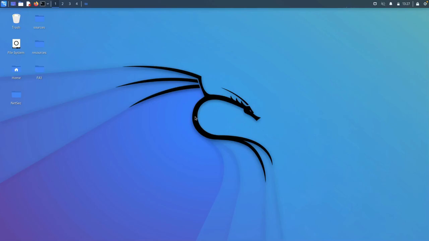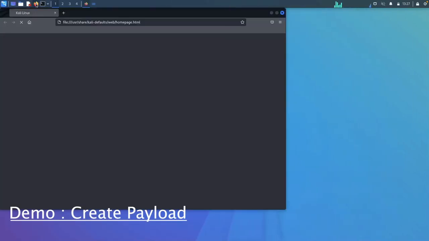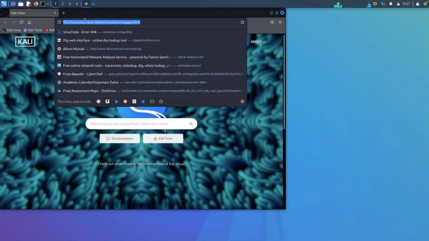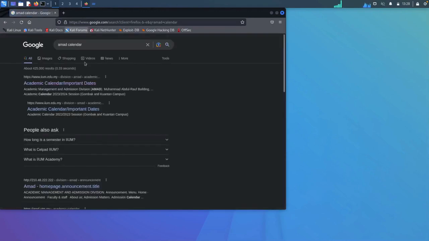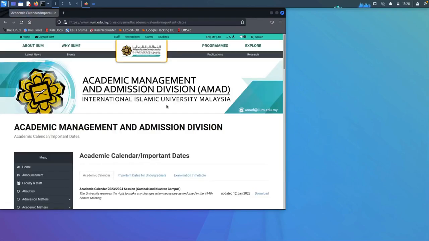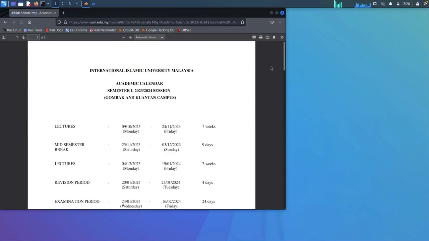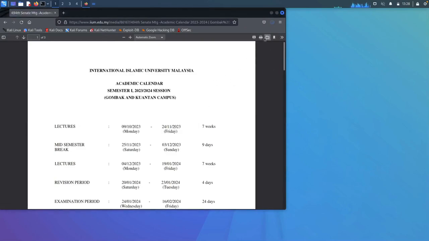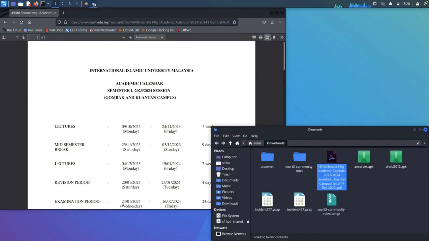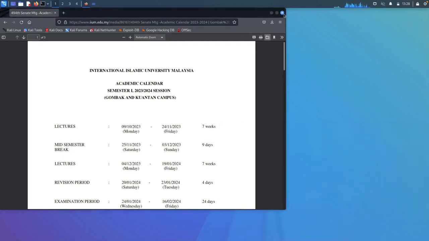So let's get started. For the first step, we are going to open up the browser, which is Mozilla in this case, and then search for the academic calendar and go to the website because we want to get the PDF file. Go to the download to get the PDF file, and once downloaded, save the file, go to the destination folder, and drag it to the desktop, so it could be much easier for us to do